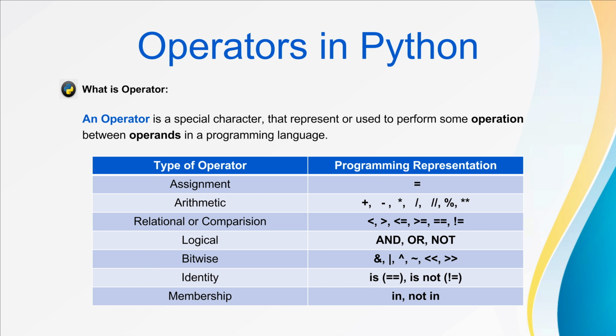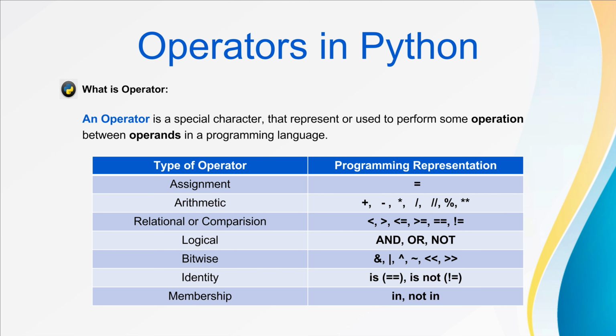And the next set of operators supported by Python are identity operators. These operators are used to validate or compare the identity of an object. The operators are is and is not. From version 3.8.3 onwards, is and is not operators are replaced with double equal to and not equal to relational operators, which means you can use double equal to and not equal to operators as both relational operators and also identity operators. These operators return true or false as an output. You can still use is and is not operators to compare objects, but you will get a syntax warning if you are using either strings or numbers.